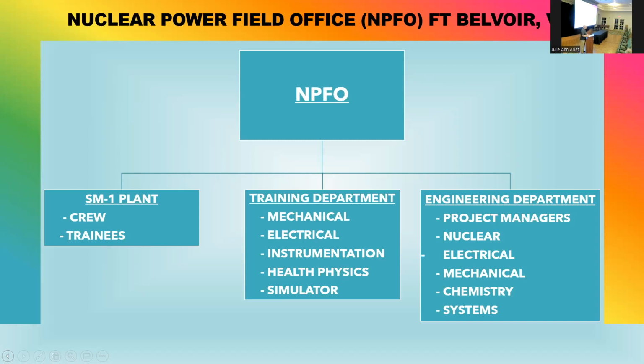Okay, at the same time, historically, the Navy's Bureau of Yards and Docks stood up the Naval Nuclear Power Unit, NNPU, to operate and support the naval component of the nuclear shore power plants. The unit was established at Fort Belvoir. Its physical building was located adjacent to the SM-1 nuclear power plant, and it consisted of an officer in charge, and all the rest of the people were either Civil Engineer Corps officers of the Navy, or CB enlisted personnel,